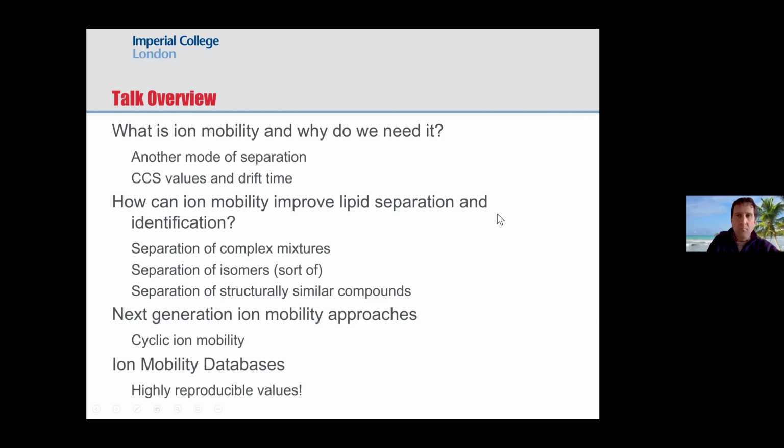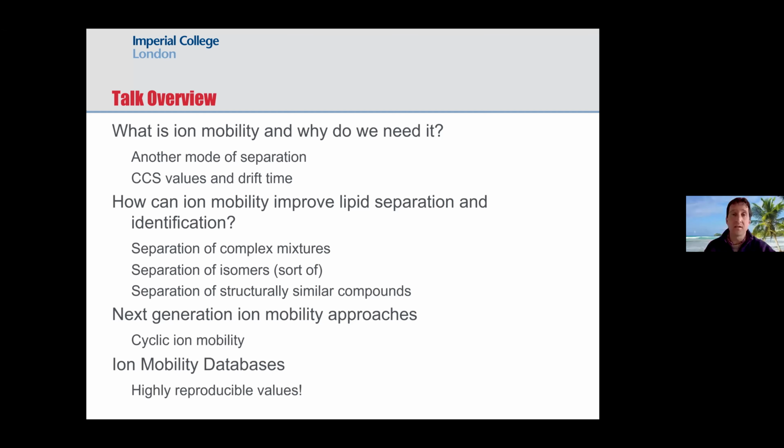Probably more useful is to show you some of the applications of ion mobility in action. So how can ion mobility improve lipid separation and identification? The nice thing is that in lipidomics, there are a number of very nice applications where people have used ion mobility to improve separation. I'll start off by looking at separation of complex mixtures. We'll look at some standards first, to see how we can get separation of those standards, and then move on to tissue extracts and blood plasma samples, and show you how we can begin to separate